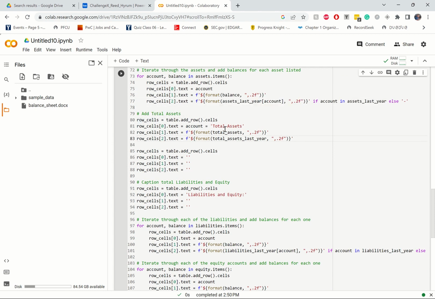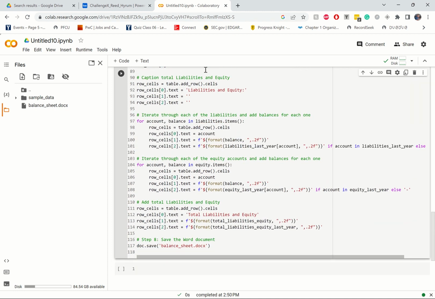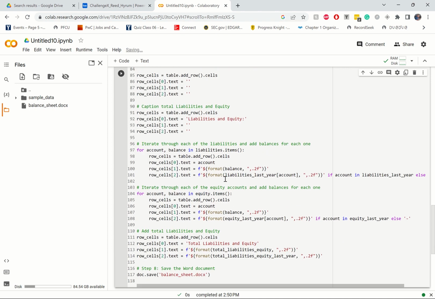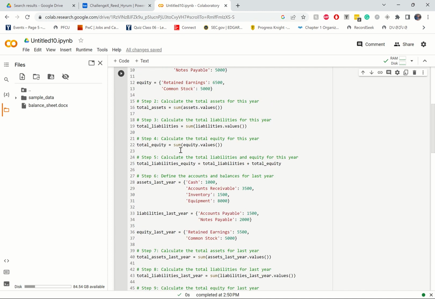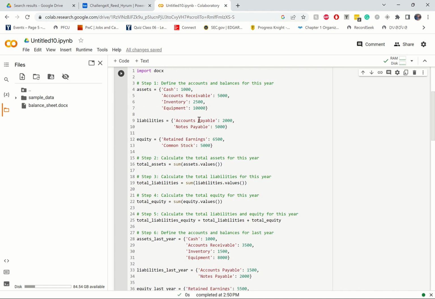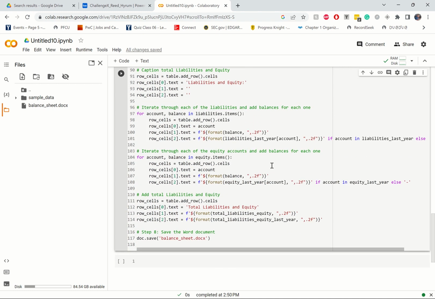I add a row, I put total assets, and I put the total asset variable I made above, and the total asset variable for last year I made above. And then a blank row, and then a row that just says liabilities and equity. And then I do the same thing I did for assets with liabilities and equity. So that way this code can be adaptable. That way my boss can go in and change things, add more information, take away information. And then, yeah, I just have a final row of total liabilities and equities, put in the variables I made,